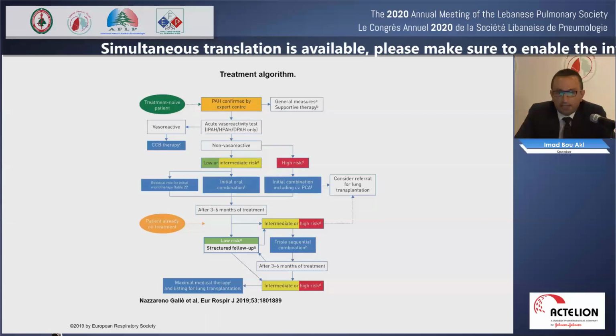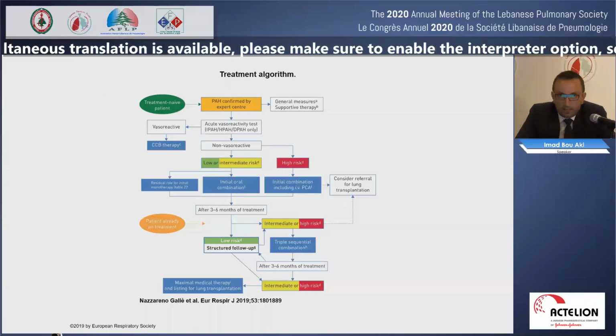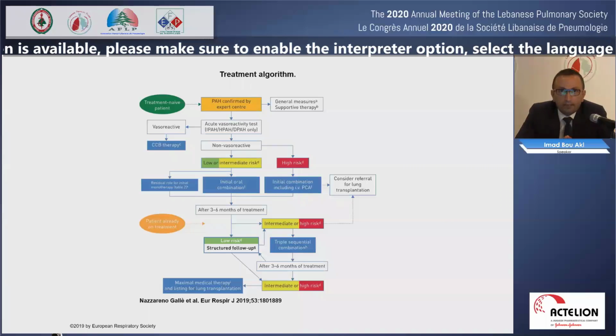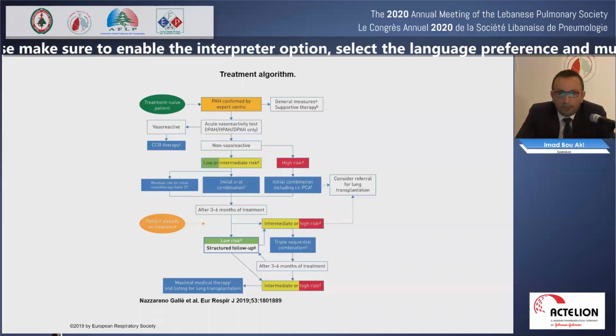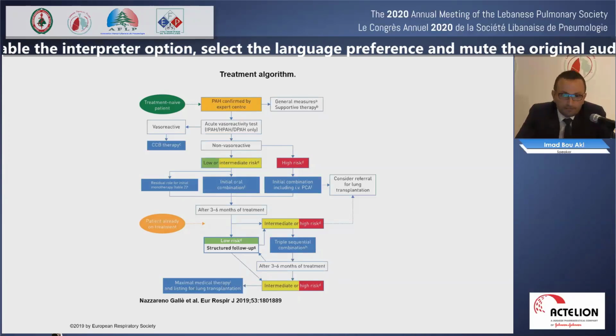And here, when you start, it is very important to assess where your patient is, what we call a risk assessment. And risk assessment is very important in PAH because we cannot wait for symptoms to appear, and we cannot only treat clinical symptoms of the patient. And we identify patients as low or intermediate risk or high risk.